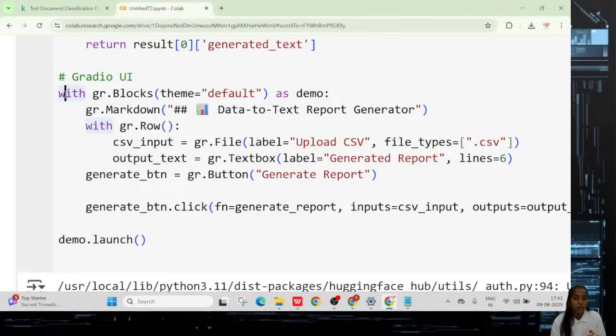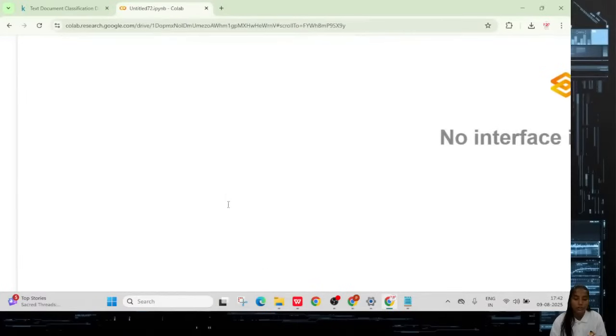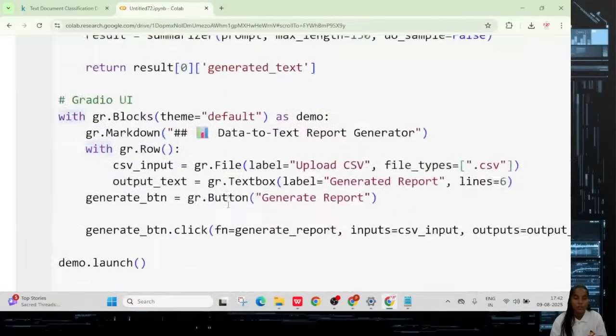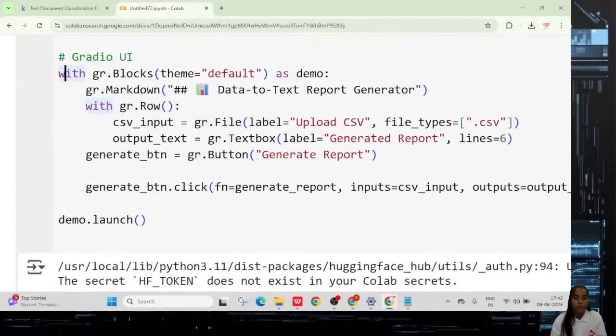So with gr.Blocks, theme is equal to default as demo, and gr.Markdown, Data to Text Report Generator. Here we are just giving the rows and columns for the purpose of the user interface. Whatever user interface you have created, you have to follow this graphical user interface by using Gradio. For that purpose I am giving the default theme, and the heading will be Data to Text Report Generator, and here I am giving